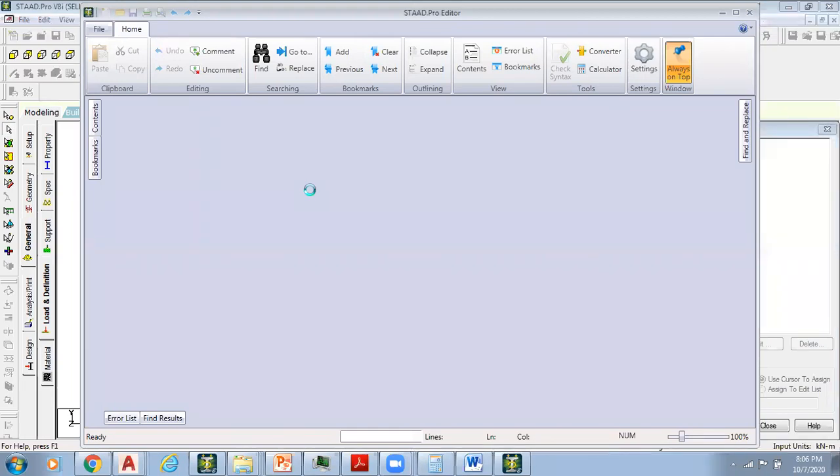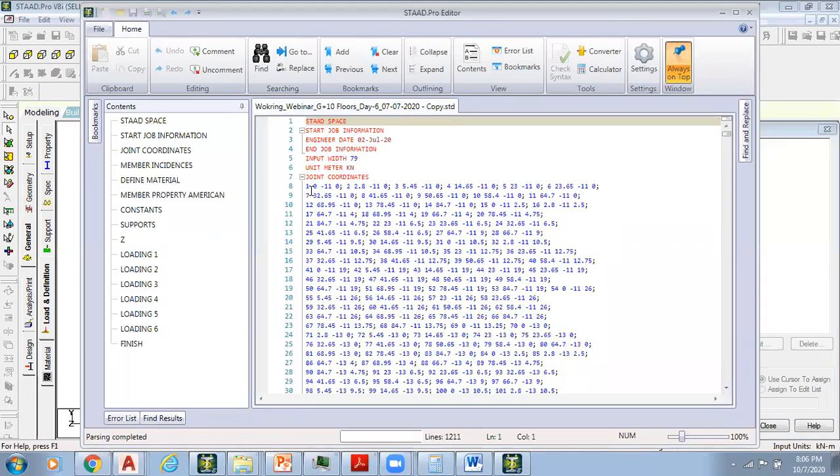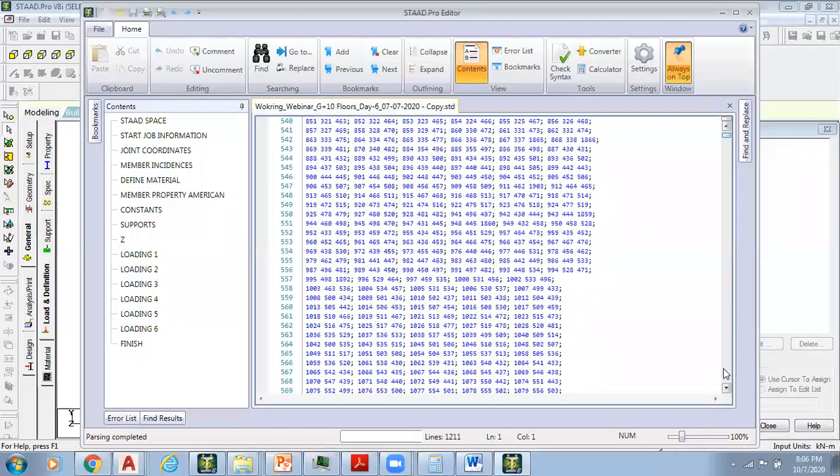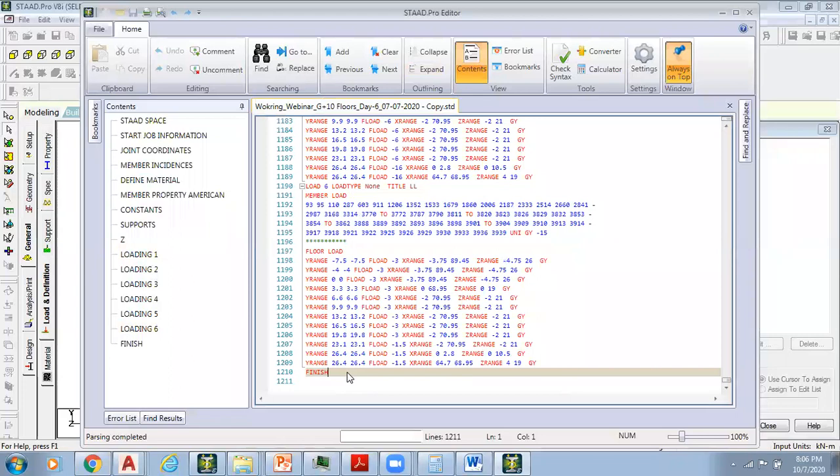Even my laptop has become a bit lazy since we missed the last two classes. Yes, now it's the stat editor. We might not know where we need to paste them. But as we know, when we started adding load combinations, they were added after the load cases. Can you just look at here? So this is the last load case. I'll scroll this down to the extreme. Right here I have a finish.